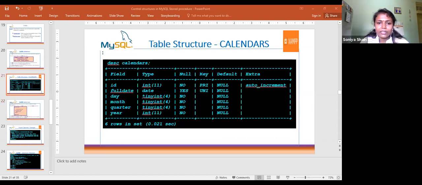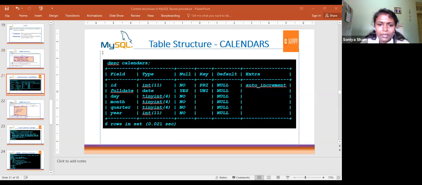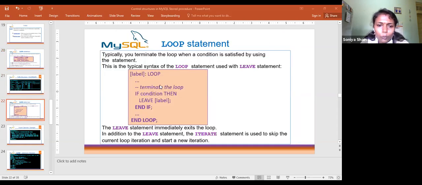Because in this syntax only loop is mentioned, it can get confusing about when it will come back. So here it is a loop, and inside it a lot of statements will be there. If any particular condition is reached, it will quit the loop. For that, the leave statement is used. Remember, leave, then if required, you can give a label. That is not a must; otherwise it will simply exit the loop.